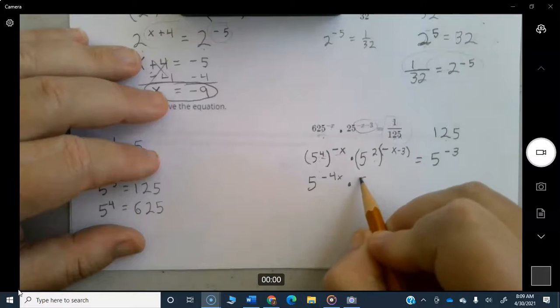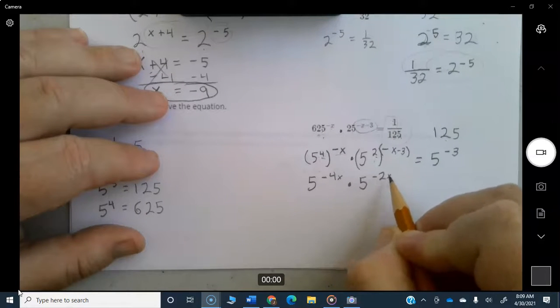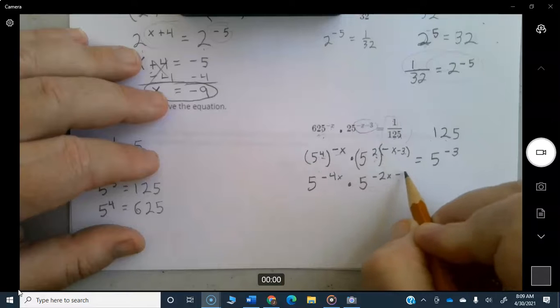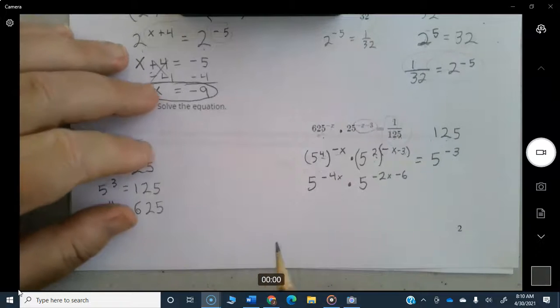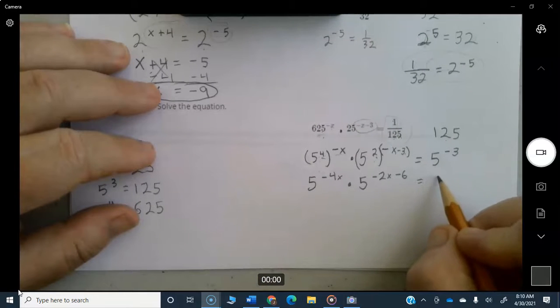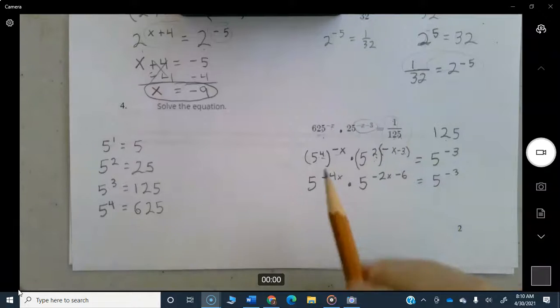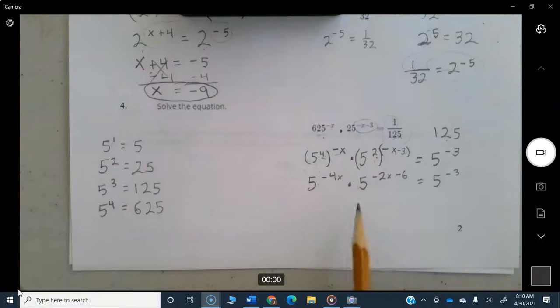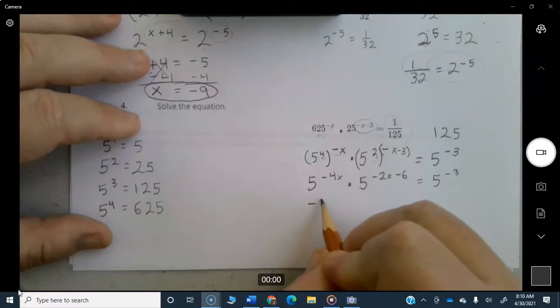Times 5 to the 2 times negative x is negative 2x. And 2 times negative 3 is negative 6. Okay, all I did was distribute this 2, just like you've done many times before. And finally equals 5 to the negative 3. So again, as we saw above, if you have common bases for all of these, you can just get rid of the 5's and just go ahead and set all of these equal to each other. So that's going to equal negative 4x